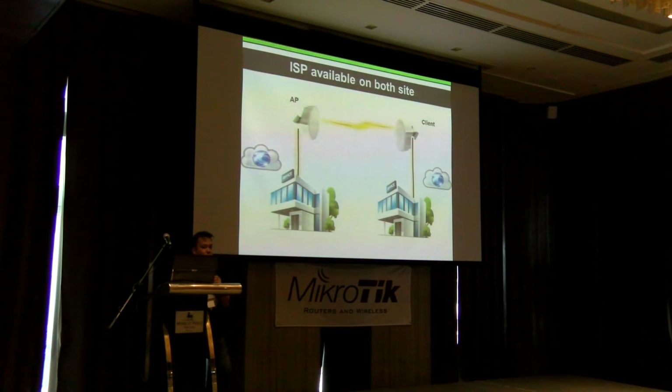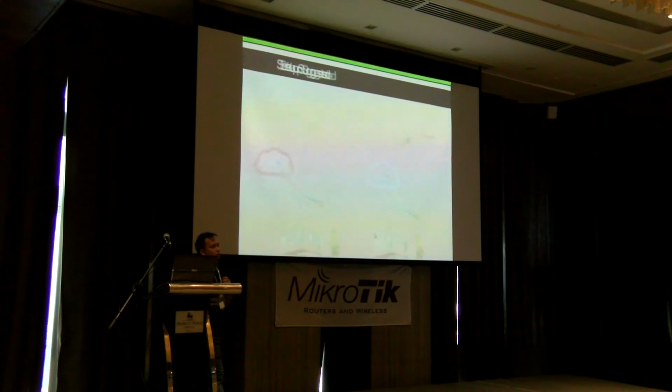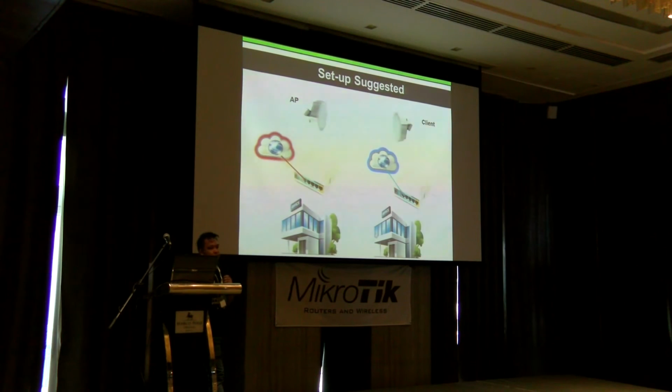So this is the setup. A while ago, we created the point-to-point, and then we have an ISP present on both sides. So the setup suggested would be like this. For example, we will represent the AP with the red color ISP, and the client side with the blue colored